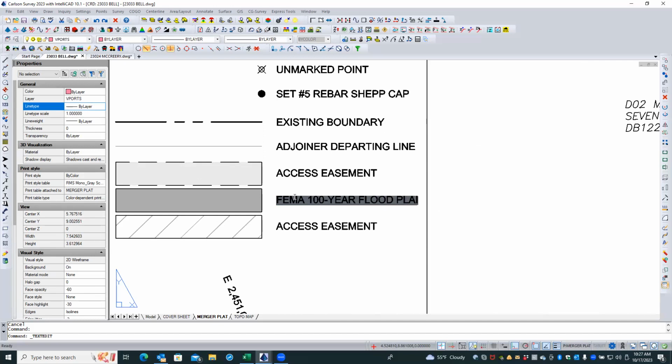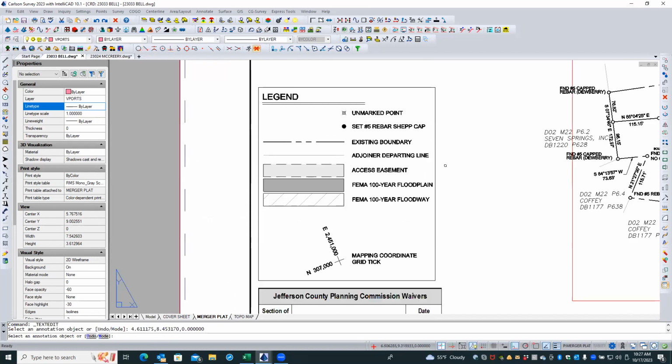Are you making floodplain one word or two? Doesn't matter. Sometimes I do it one way, sometimes I do it another. All right. So we'll do that one, and then we'll call this one the FEMA 100-year floodway. And yes, let's